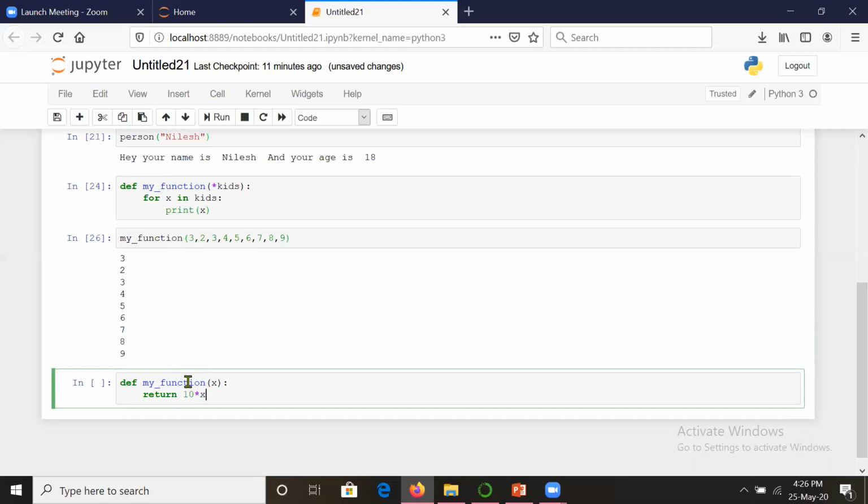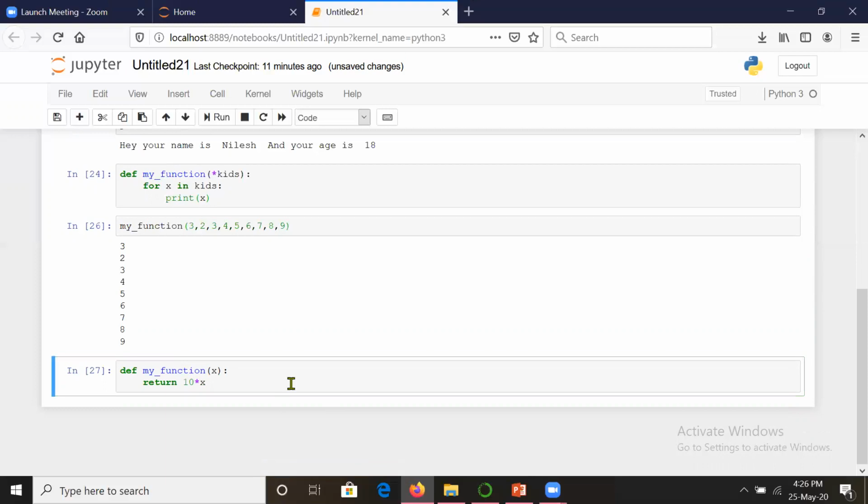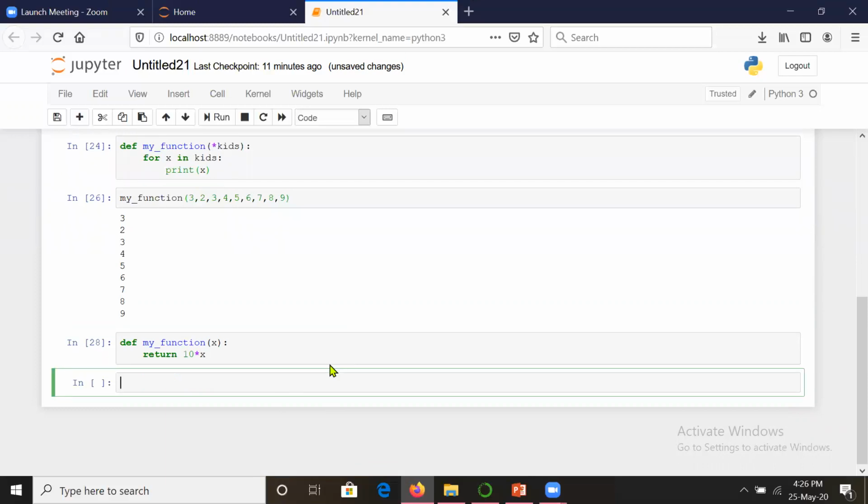So you are increasing the value that is getting sent to this function. Suppose I send 90. Let us see the output.